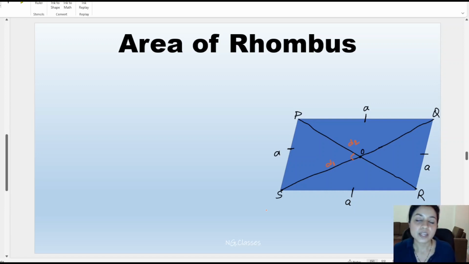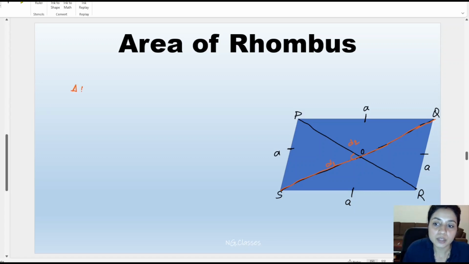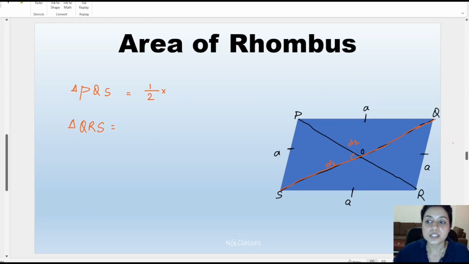Now let's find the area of this rhombus just by taking the triangles. So let's take the triangle PQS and the triangle QRS. Once we add both the areas, we will end up getting the area of the rhombus. So the area of triangle PQS and triangle QRS will be 1/2 times base. Here we can see the base of this triangle is D1